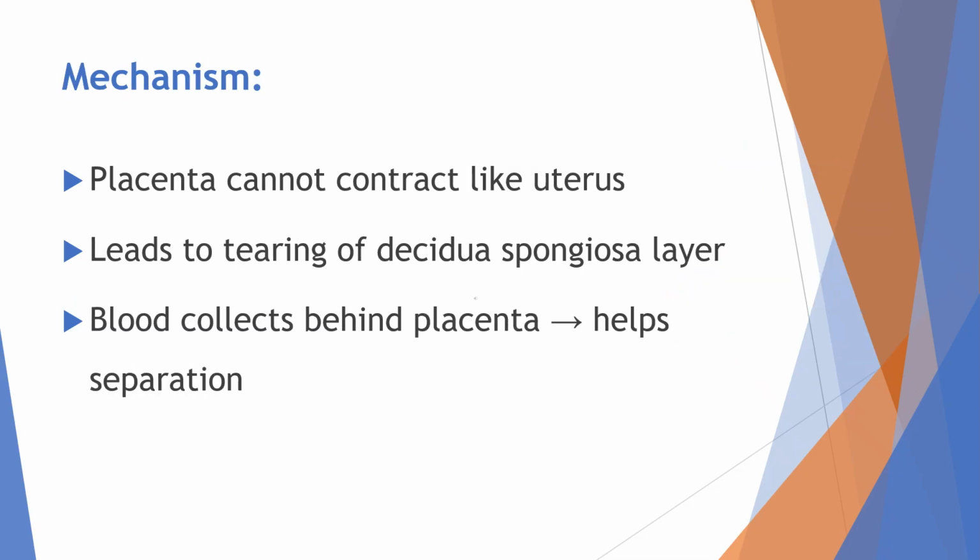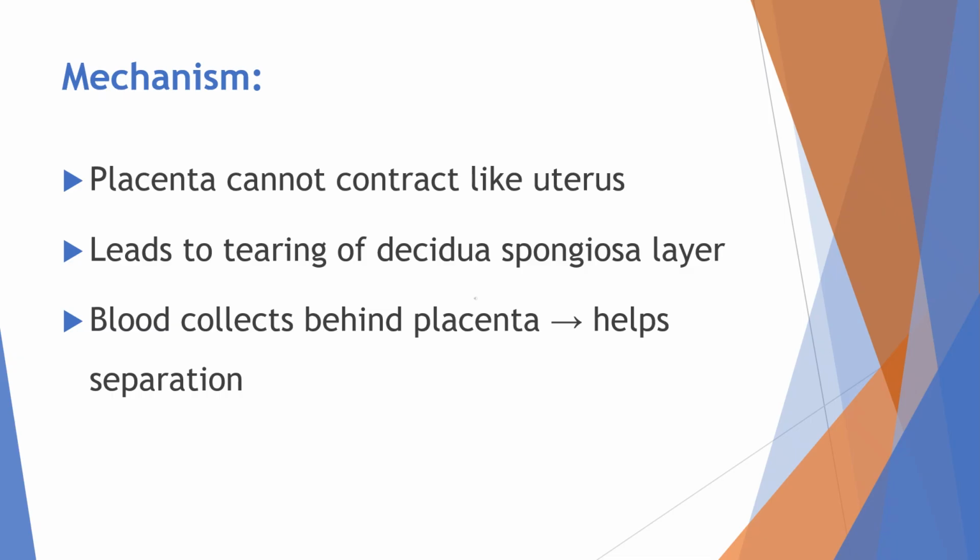Now, let us understand the mechanism of placental separation. After the baby is born, the uterus contracts and becomes smaller, but the placenta cannot contract like the uterine muscle. Because of this difference, stress develops at the area where the placenta is attached to the uterus. This leads to tearing at a specific layer called the decidua spongiosa, which is the normal plane of separation between the placenta